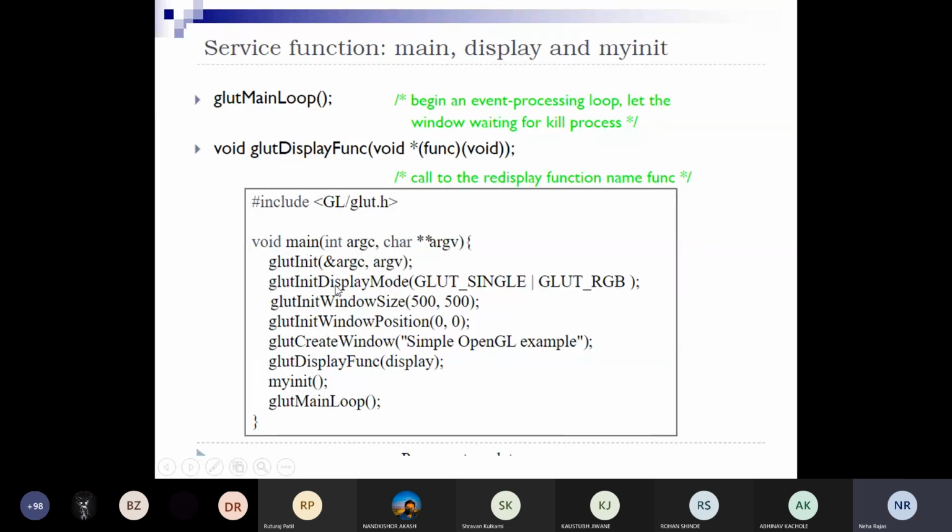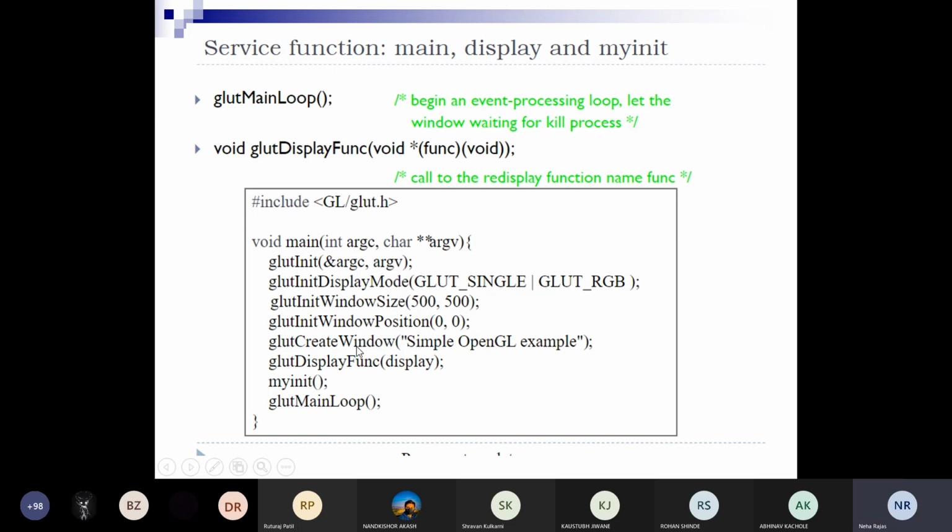Okay, so glutInitDisplayMode. There is one display mode. Until and unless you use this display mode, nothing is visualized on the screen. So it is initialized as GLUT_SINGLE and GLUT_RGB. We are going to provide the color for the display mode. Then glutInitWindowSize, we are defining the size of our window.